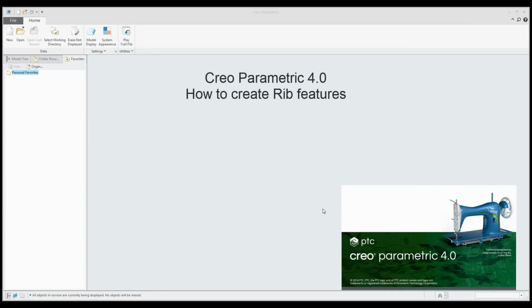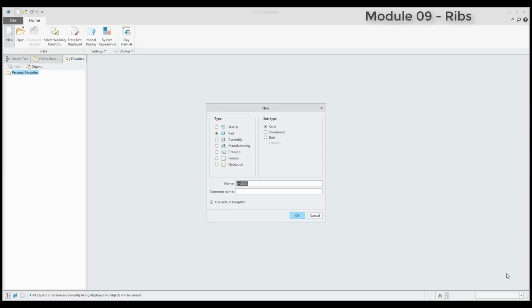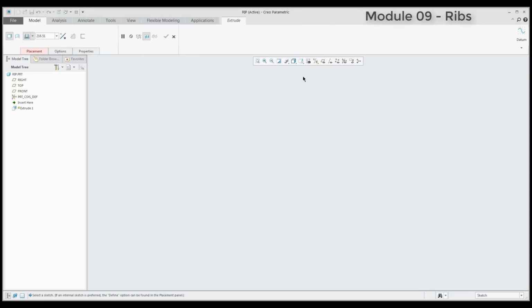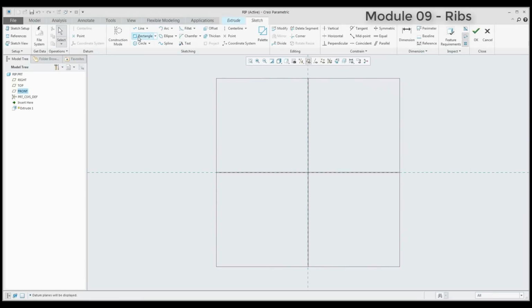Hi folks, in today's video tutorial I'd like to show you how to work with the rib feature with Creo Parametric 4.0. We'll start again from scratch, and I'd like to create the rib feature. You can see here that it is not possible to create rib features because you need to use the rib feature on existing geometry. At the beginning, I will create the first extrude feature based on the sketch plane,